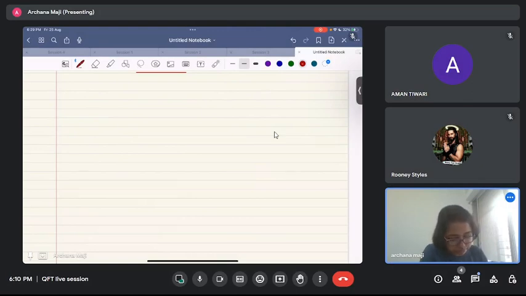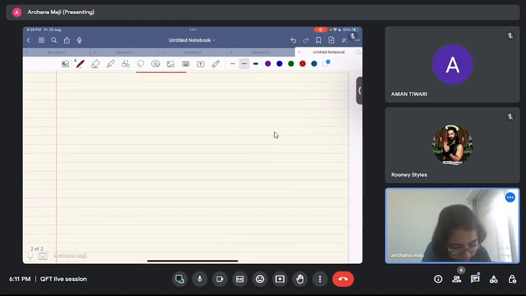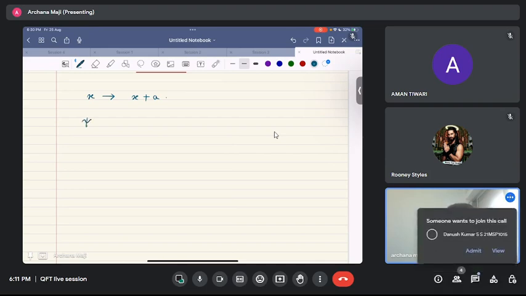Suppose you have x coordinate which is getting translated by some fixed amount a. Okay, so let's say there is a function, call it psi,